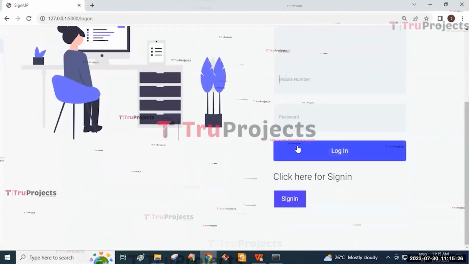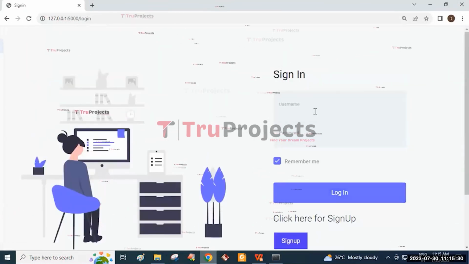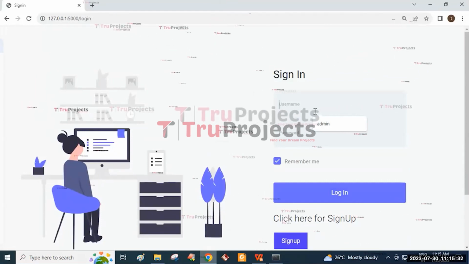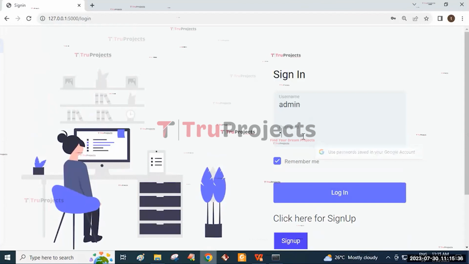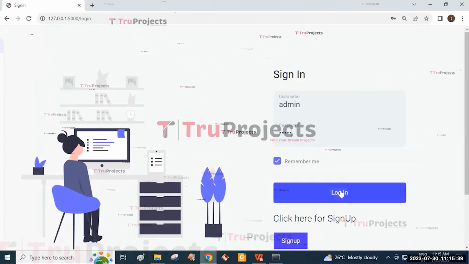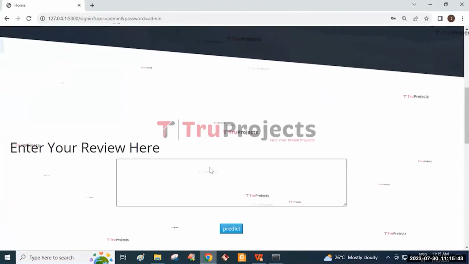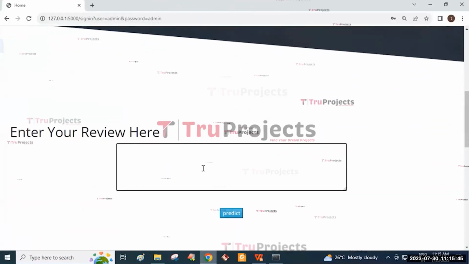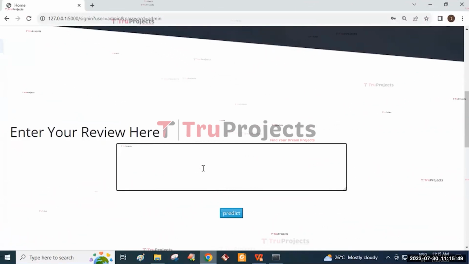But my account is already created, that's why I'm using the sign in button. Here on this sign in page, we need to enter the details of username and password as admin, and then click on the login button. Here it will redirect to the index page containing the dialog box where we need to enter our review. Here I am entering the review as